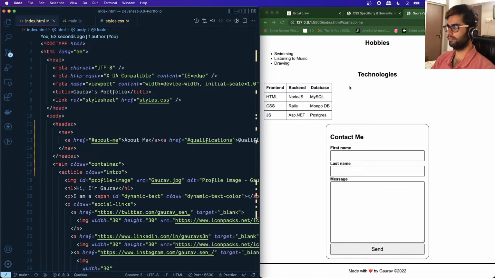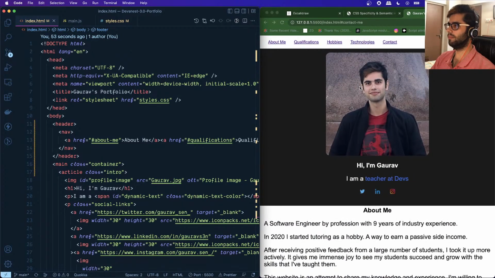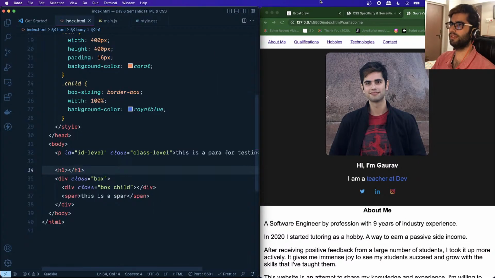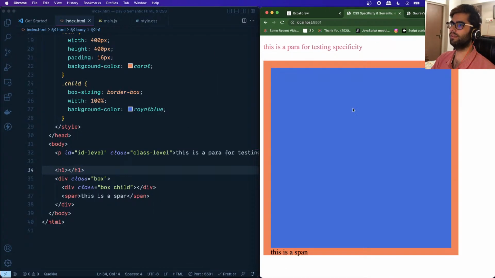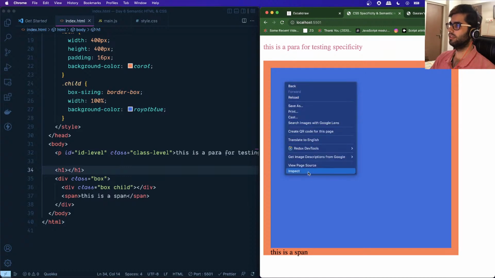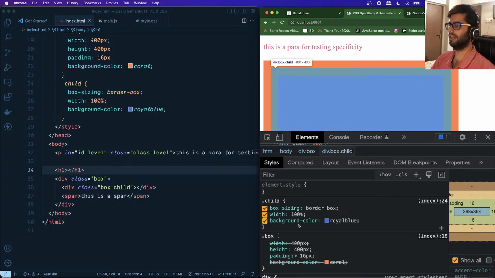Okay. Another topic that I wanted to cover today is about the color attribute. So let's do one thing. Let's go back to our previous example that we have defined over here. So there are different types of values that you can set to the color property. Okay. So for example, if we look at this paragraph,